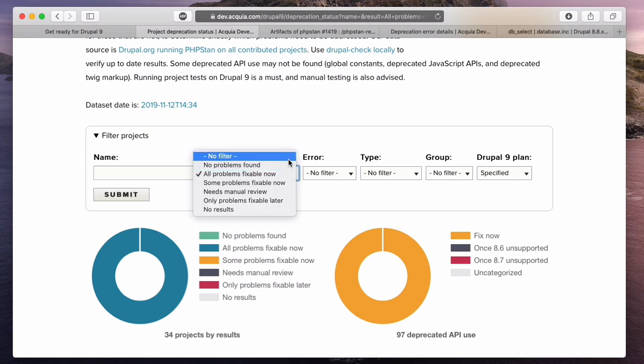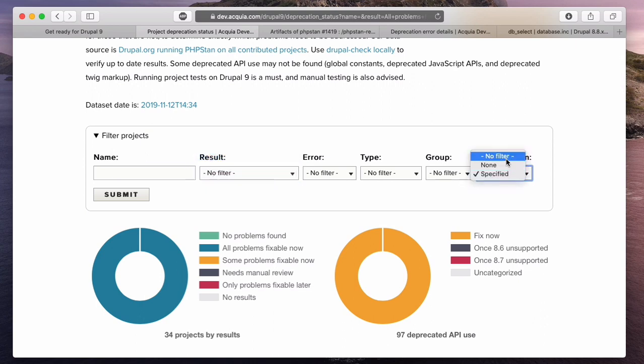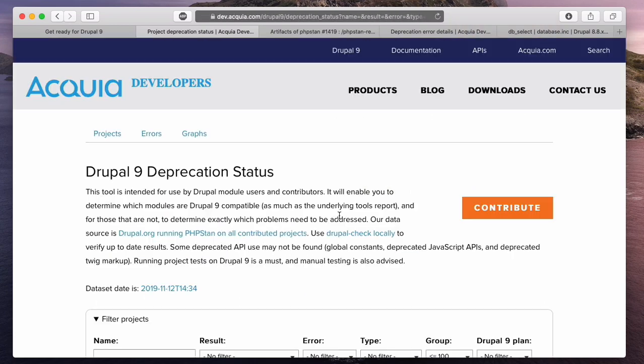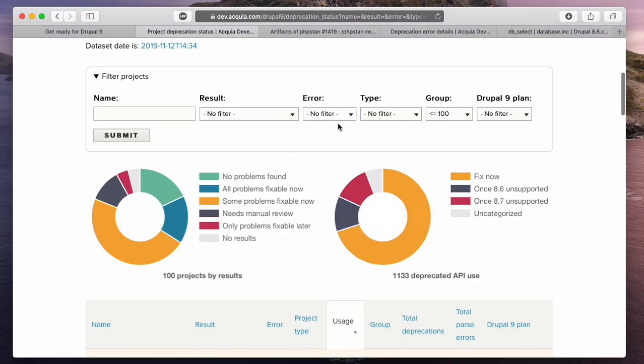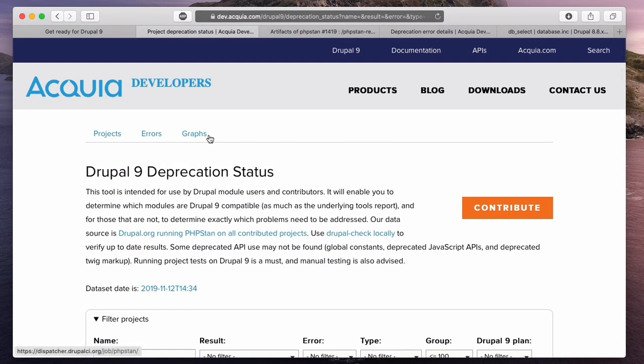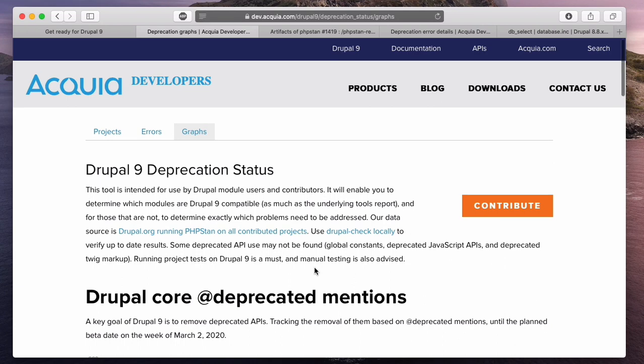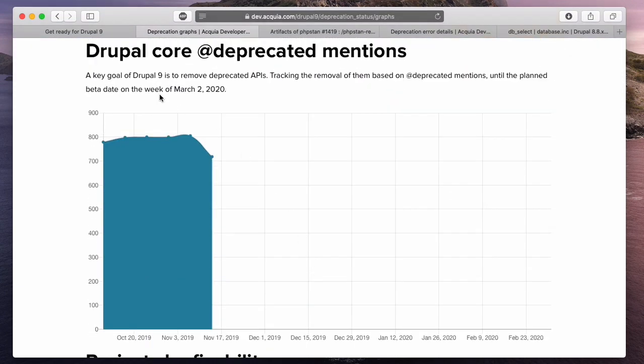It is also possible to look at different sets of modules. So like you can look at the top 100 modules and see how they stand and filter for the top 100 modules that have fixable issues right now, etc. So there's different data sets that you can produce with the filters. And finally, there's also the graphs page, which provides an overview of the Drupal core deprecated mentions, which we are